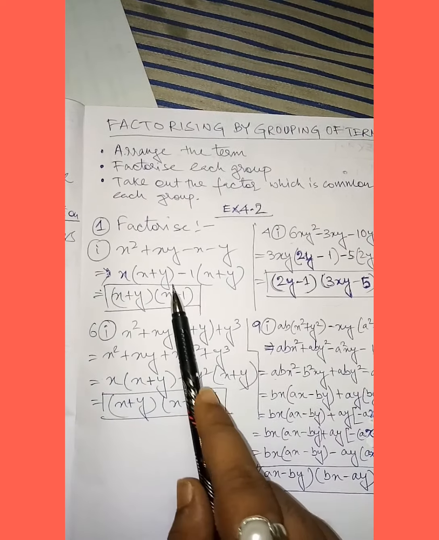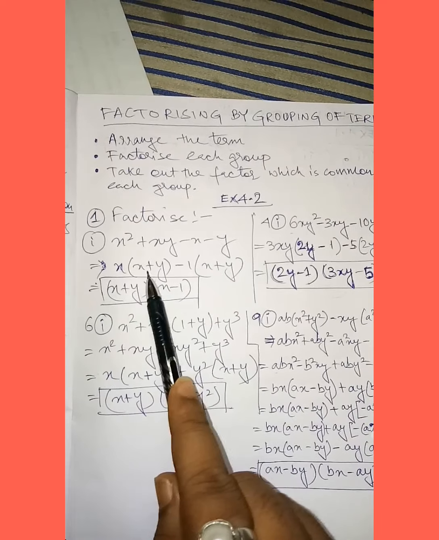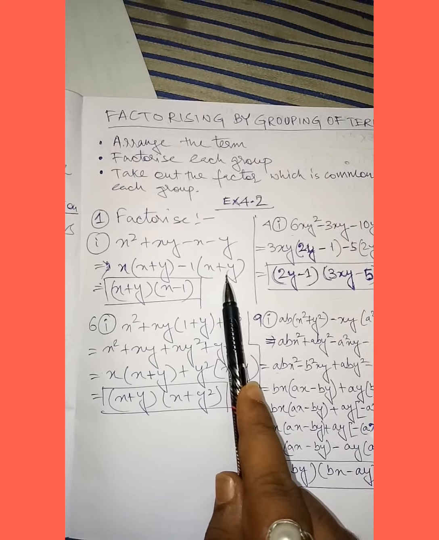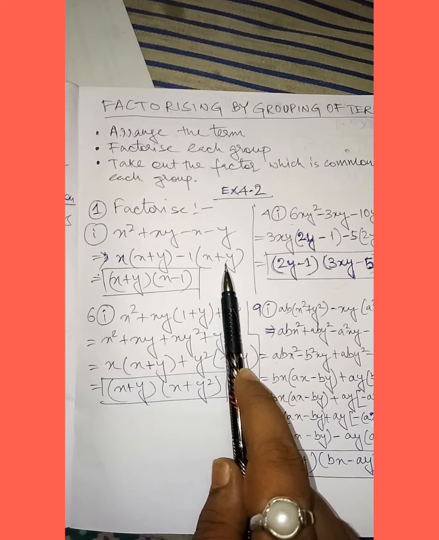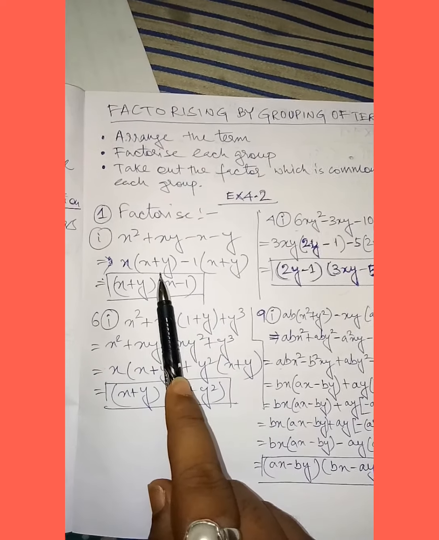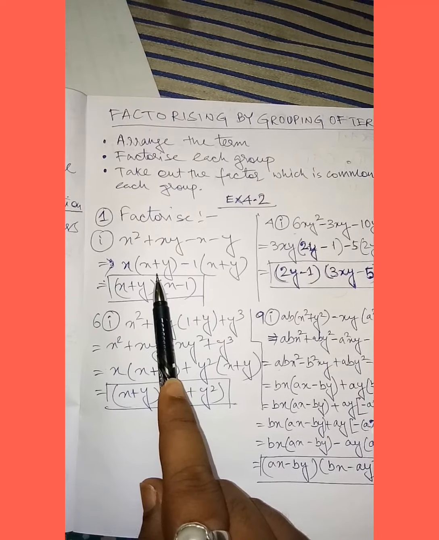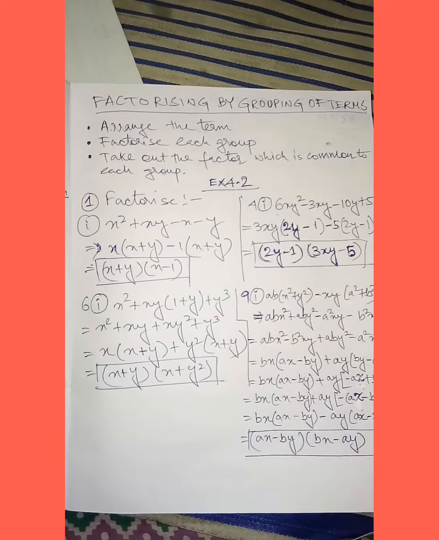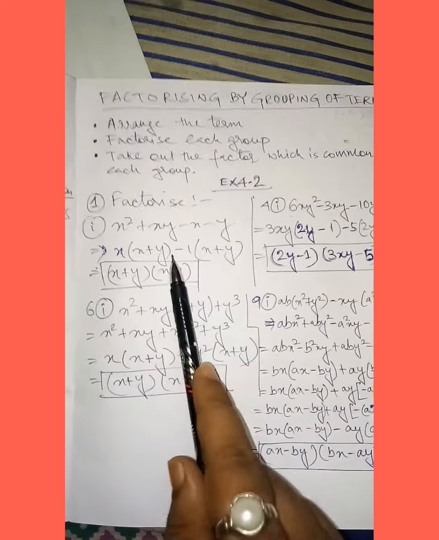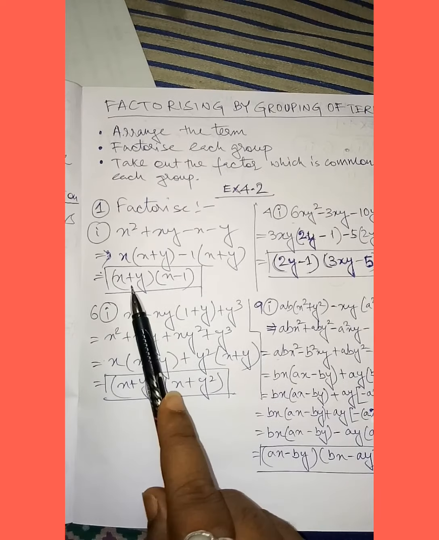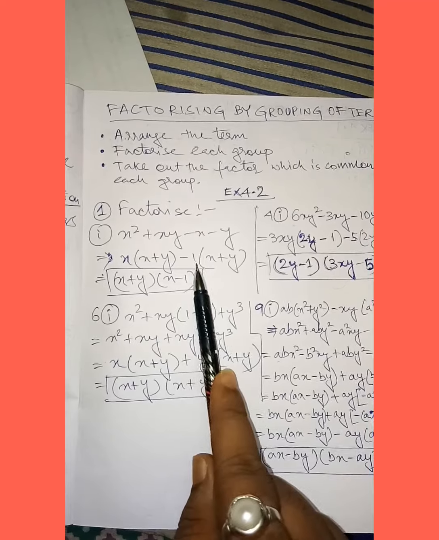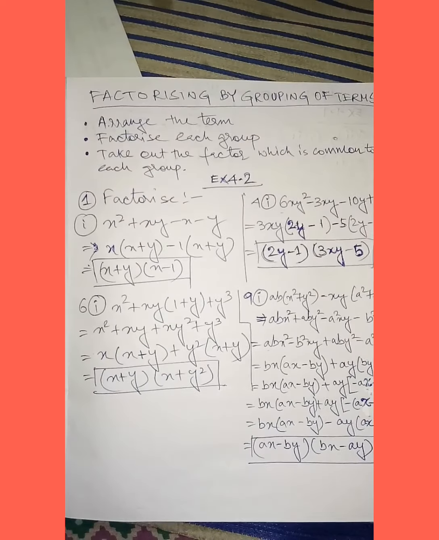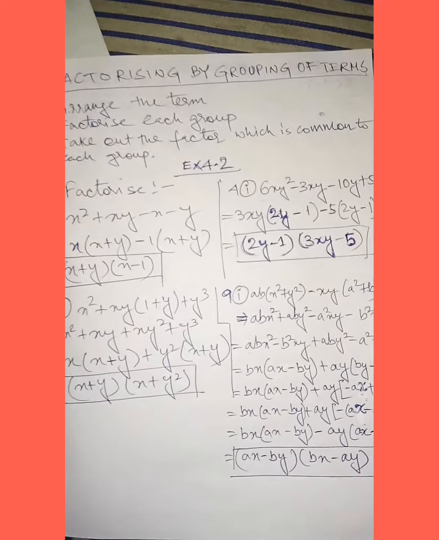See, after doing this part you will see that this bracket part and this bracket part have to be the same. When you're taking out common, every time this part and this part will always be the same. If it is not coming the same, that means you have done the sum wrong. Then I can take x plus y common. So what is the remaining? x, this is minus and this is plus. Okay, hope you've understood this question also.